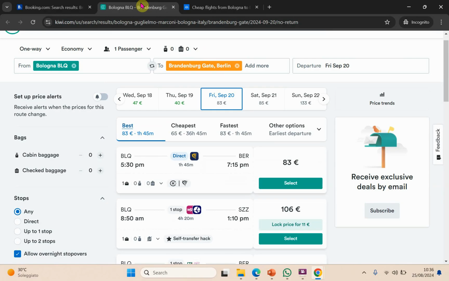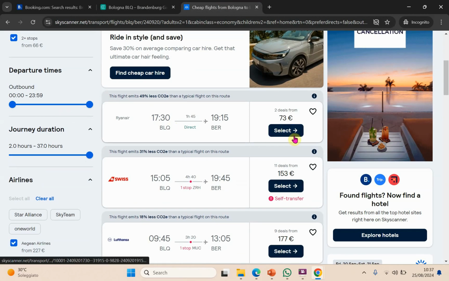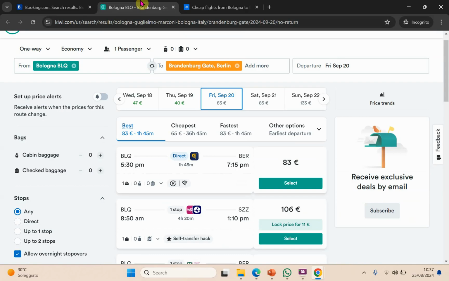So when you are booking a flight, you should try to search on different applications like Kiwi.com, Skyscanner, and so on. It will help you to find the cheapest flight. As I showed you, on Kiwi it's 83 euro, and for the same flight on Skyscanner it's 73 euro. So this is a smart way to book your